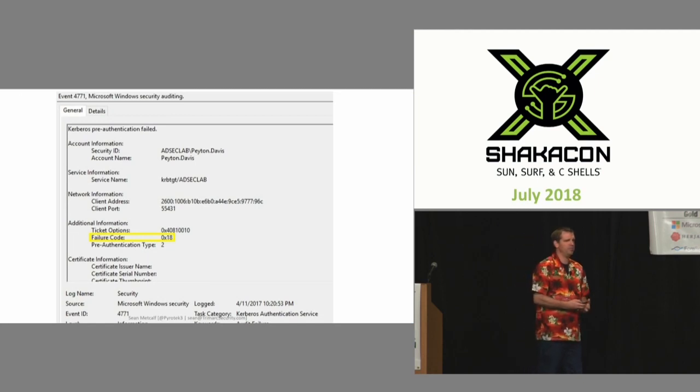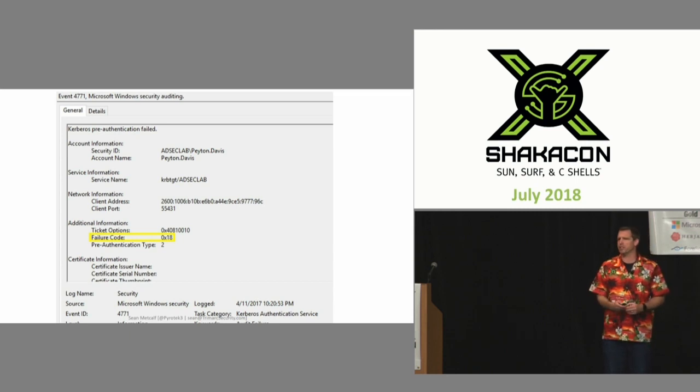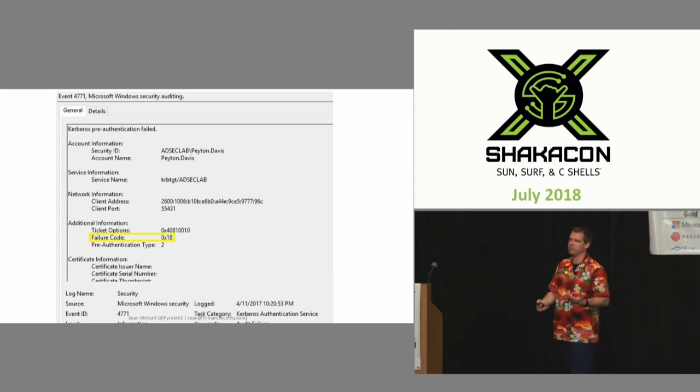So I looked at that 4771 and it's Kerberos pre-authentication failed. Well, most people don't care about pre-authentication failed. And then I looked closer and saw this failure code, which is 0x18. And when I looked this up, guess what it meant? Bad password attempt. So now we have a way to detect password spraying no matter what's being done in our